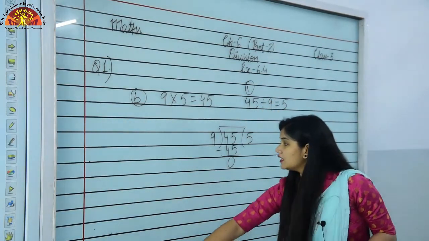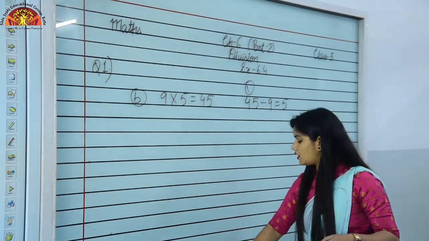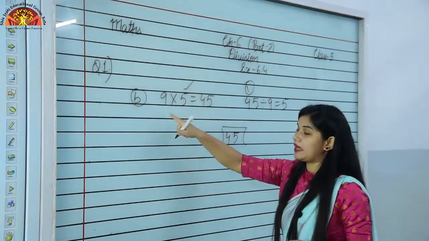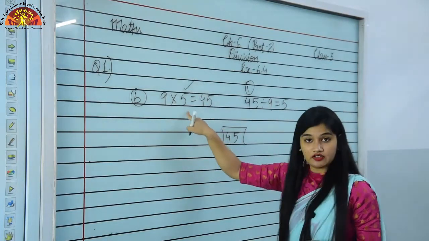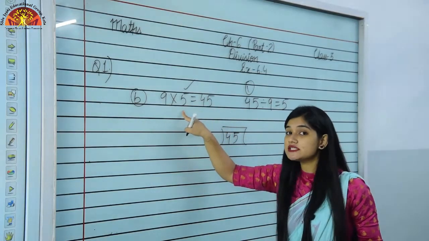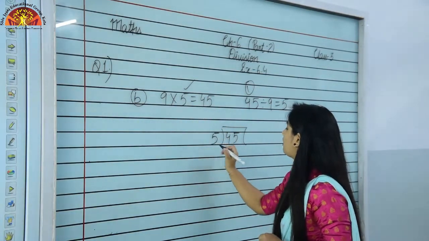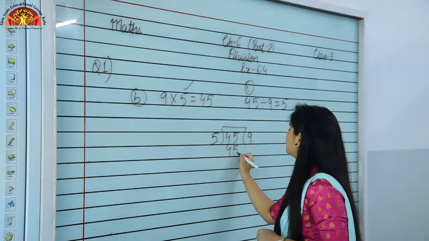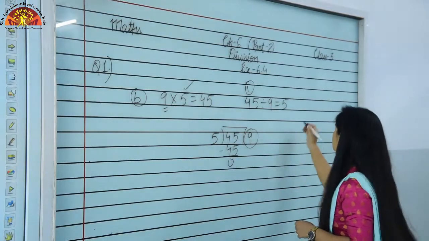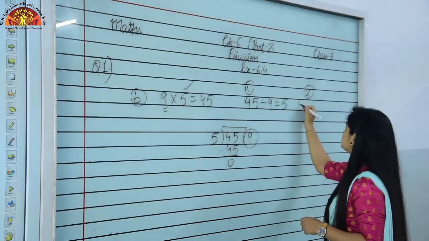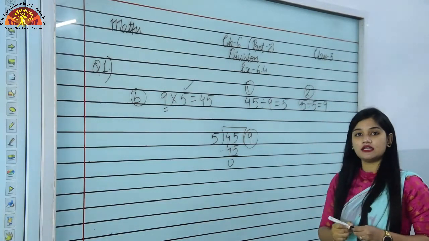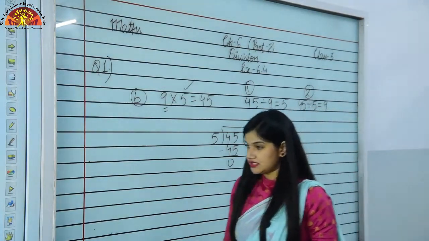So now what I am going to do now? Now I will divide 45 by 5. पहले मैंने 9 से डिवाइड किया था, मुझे 5 मिल गया था आंसर. Now I am dividing this 45 by 5. अब मैं 45 को किससे डिवाइड कर रही हूँ? 5 से. So now 5 9s are 45. मुझे आंसर क्या मिल गया? 9. This one. Is it clear students? So now the next division fact is 45 divided by 5 is equals to 9. Is it clear students?